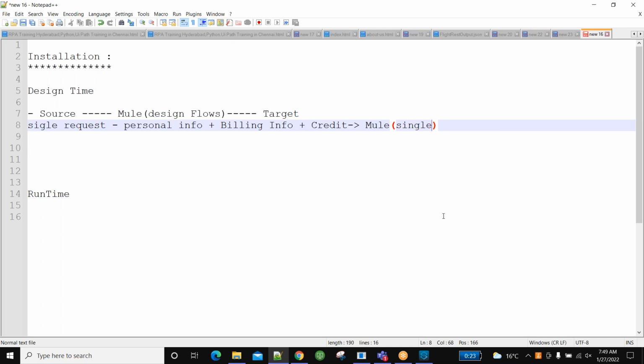As per your understanding, till now you have real-time exposure, right? I think everybody has worked in real-time mode. So this single request reaches Mule. What should happen from here? Can you analyze a bit? What does Mule have to do in this aspect?